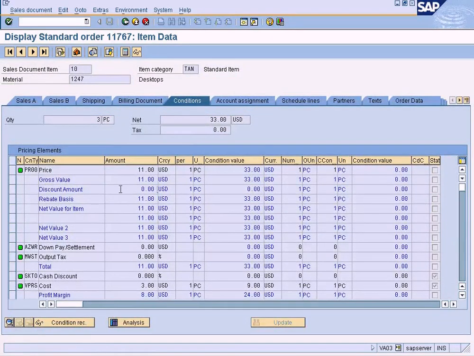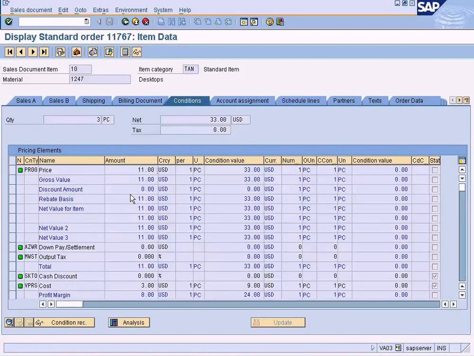So far we have actually seen the discount amount based on the definition in the pricing procedure, but the problem with this type of discount calculation is that the discount will be flat for any price or quantity that we enter. Let's say one fine day we have a requirement whereby we need to apply or give a specific discount